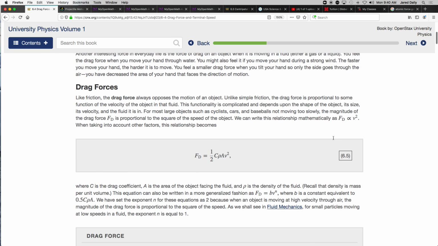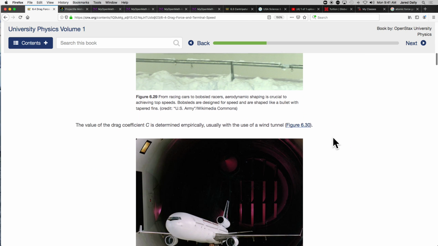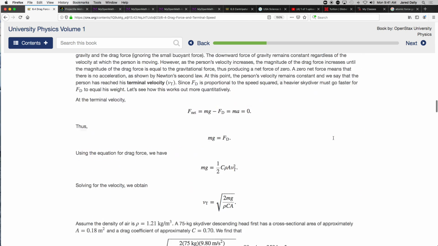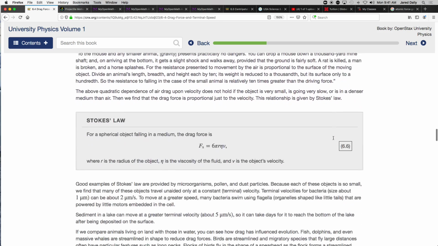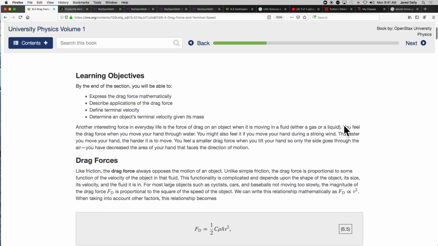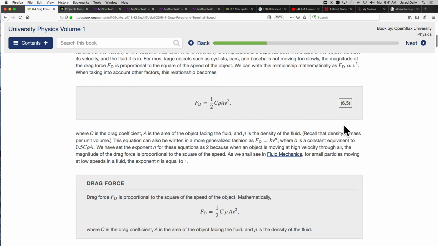The last section is about drag force. Now, drag force is just like friction, where it's two things rubbing together, but it's fluids usually rubbing on an object, rather than two solid objects rubbing against each other. So when an object moves through a fluid, now a fluid can be a liquid or a gas, and that fluid can be something as benign as water or something as crazy as